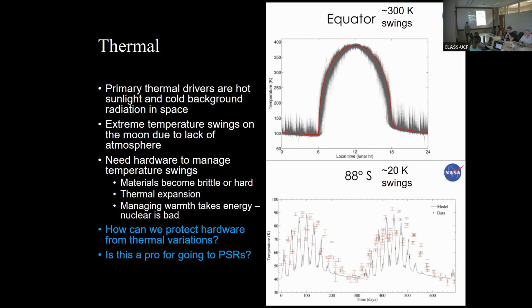So, temperature swings and lack thereof in the PSRs, is that a pro or a con for going to PSRs? Great question. I think it's probably a pro, but I'm also a fan of the bury everything regolith plan, which would,